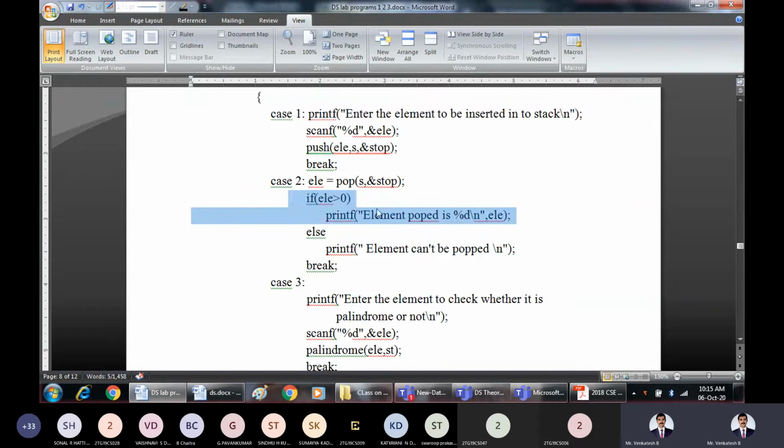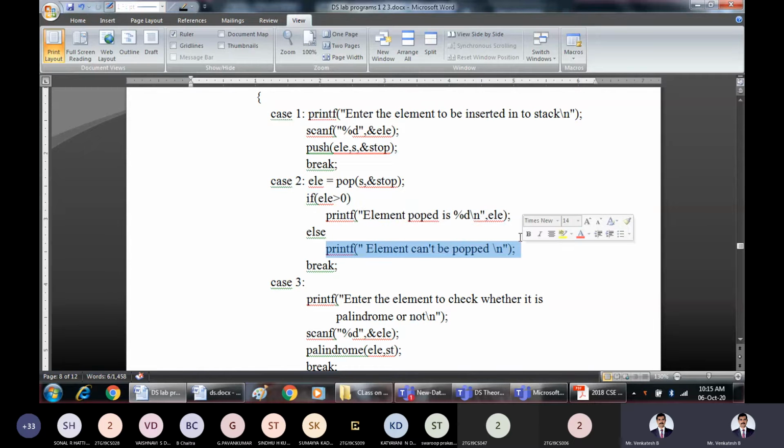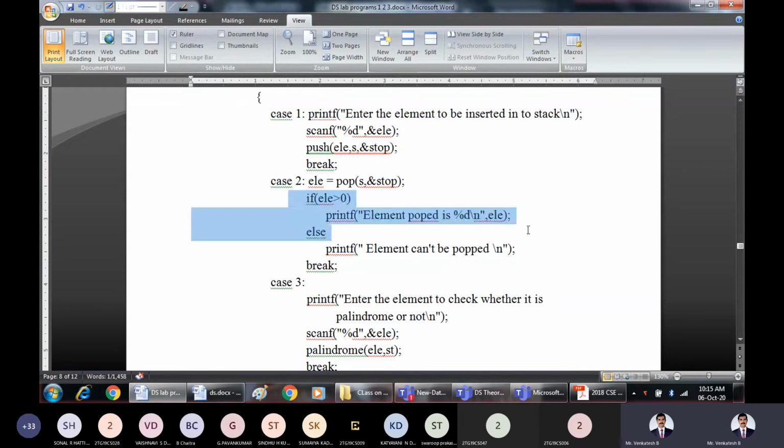If there are no elements, then -1 will be returned, and we are going to say that element cannot be popped. Why we cannot pop the element? Because if the stack is empty, we cannot delete the elements. So for that purpose, if element is returned, then we display it. If element is not returned, then we are going to say that element cannot be popped.